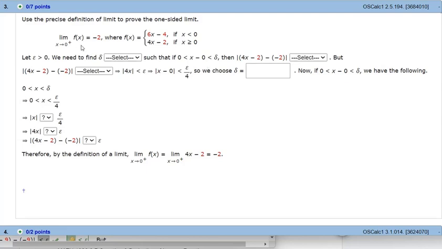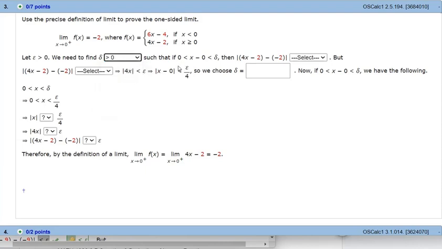We're asked to use the definition of a limit to prove this one-sided limit. If you're unfamiliar with what this is, it's in section 2.2 of our textbook. We're choosing an epsilon that's greater than 0. We need to find a delta that is